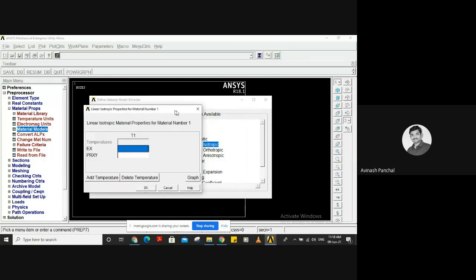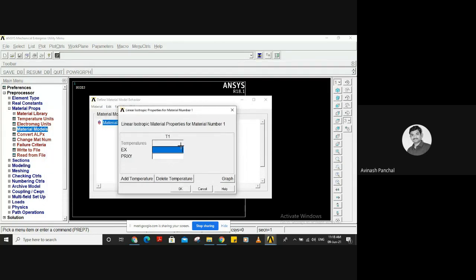After clicking on isotropic, this window comes up. Ex is Young's modulus, what we are taking over here. You can apply the Young's modulus for your steel member. For steel, Young's modulus is 200 gigapascal.